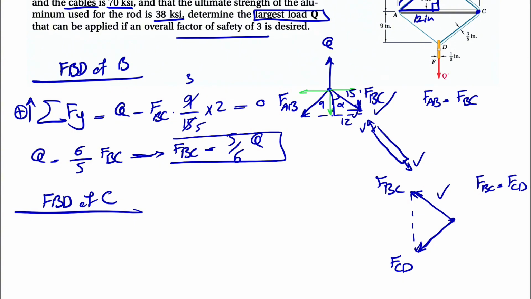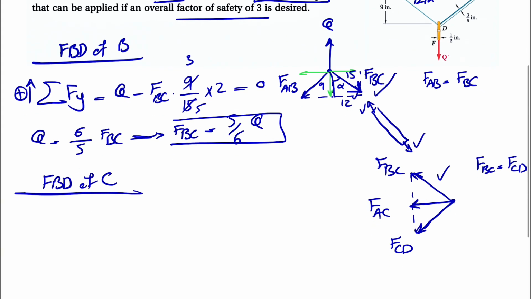And the other force that we have is the force FAC, but we have to watch for the direction because we're going to do the sum of all forces in the X direction. So we can just assume one direction for FAC like that in here, but obviously since the X components of the other two are to the left, FAC has to be in the opposite direction in order to cancel the force out. But even if we assume the other direction, we're going to get a negative sign at the end, which shows that the assumption was wrong. But we know 100% that this direction is correct, so we have FAC minus,